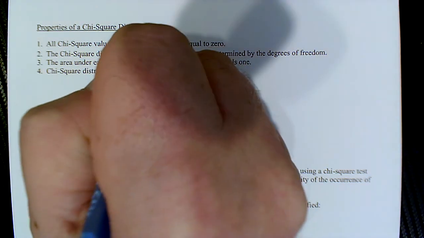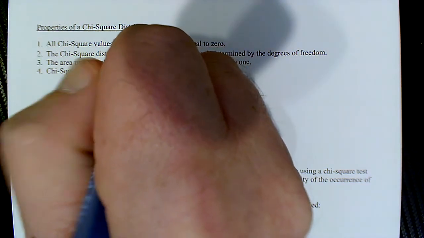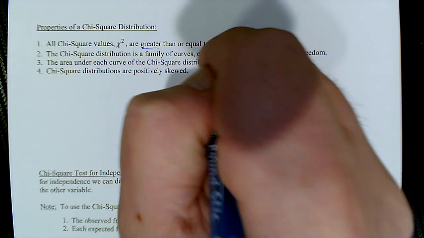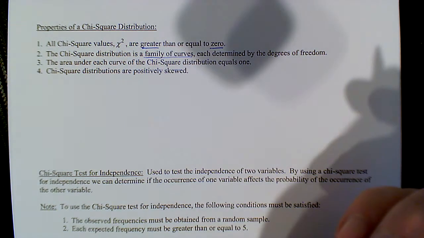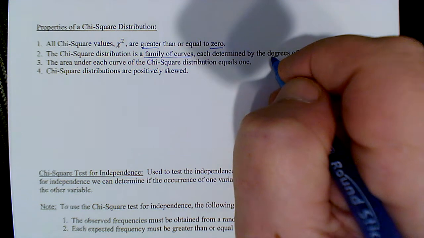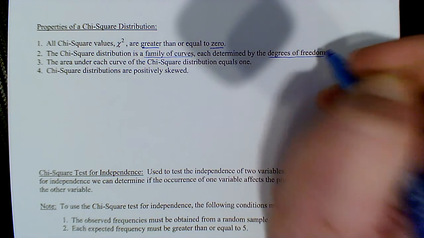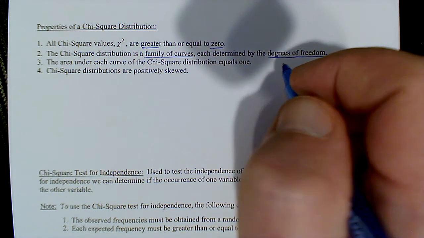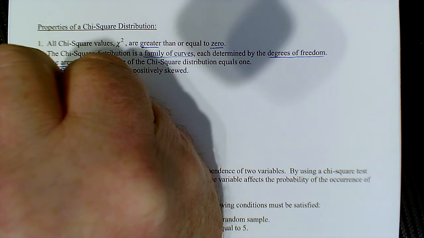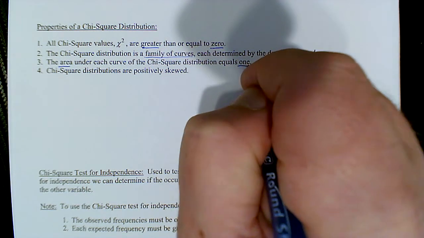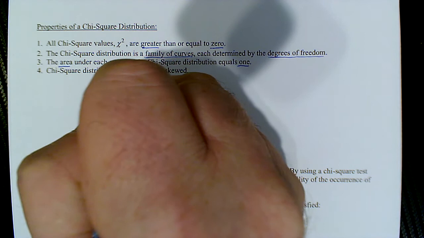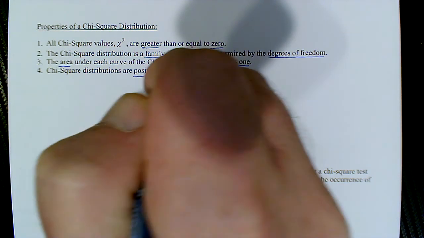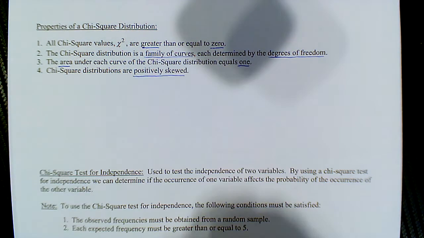And just like the t-distribution, it's a family of curves where we have degrees of freedom. The area is considered to be 1 or 100%, and they are positively skewed. So what a chi-square distribution looks like,